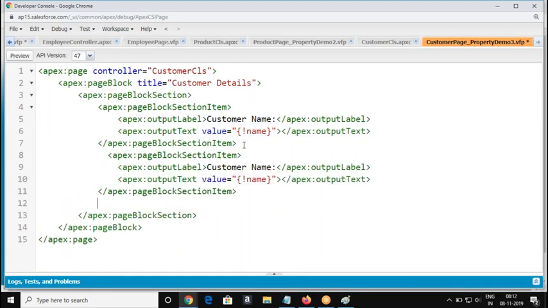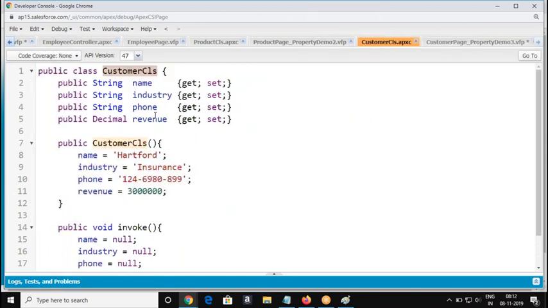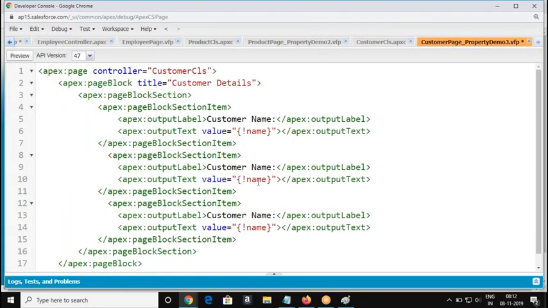So we are going to repeat this for industry, phone, revenue.